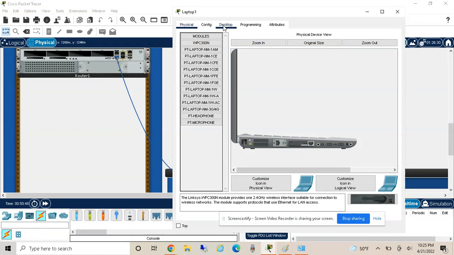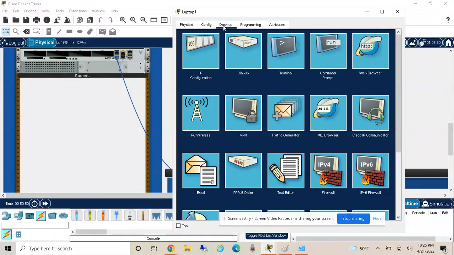To look at the screen of the laptop, you go to the desktop tab. Now you see the screen and all the graphical user interface icons and features that you can interact with. The feature I want to use is terminal. In real life, you use a terminal application running on your computer. One of the